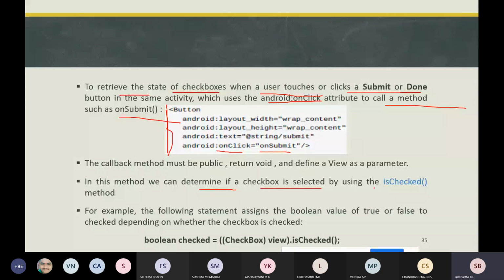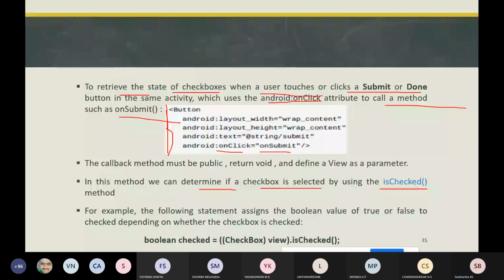We need to determine which checkboxes have been selected. To determine that, we need to use the method isChecked. For example, the following statement assigns the Boolean value true or false.